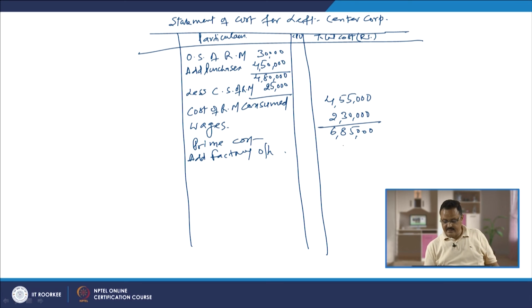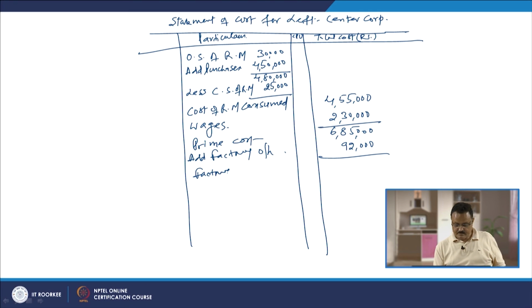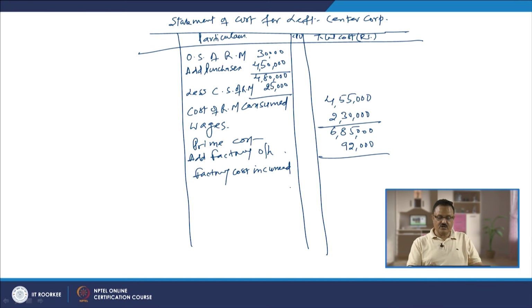So, directly put it here. We are not given small figures, we are given only one figure, that is factory overheads of 92,000, right. And then, when you total it up, it is called factory cost incurred. Incurred means factory cost which is incurred in the current period. So, factory cost incurred in this case is how much? It is 700,000, 7 lakh